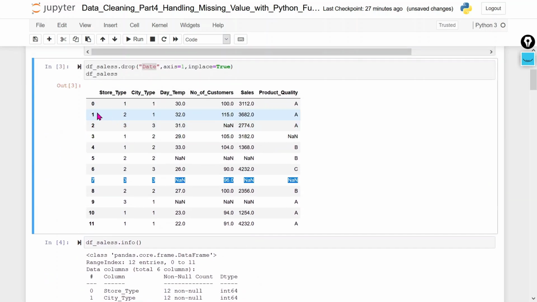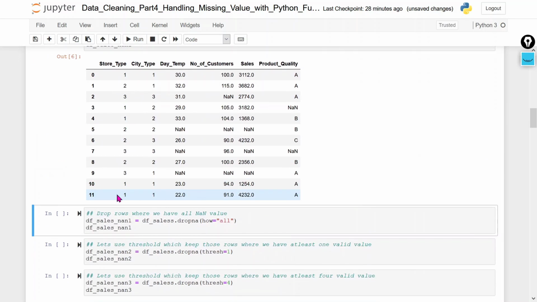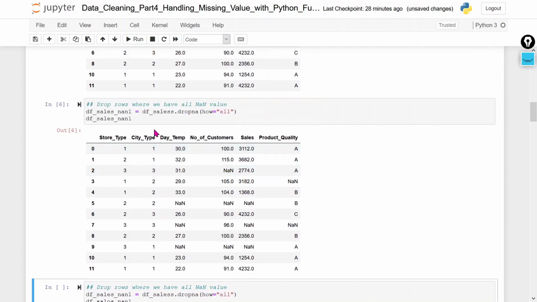In our case we don't have any row where all the values are NaN, so it will display all the data. You can see we have all the data in our dataset now.